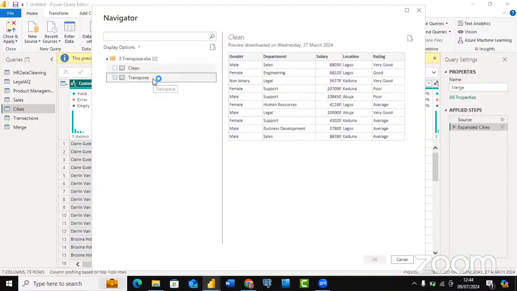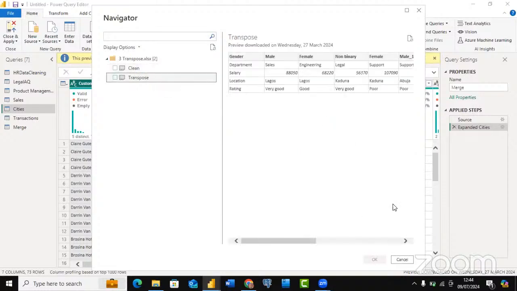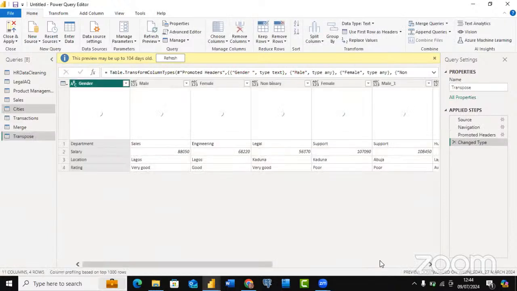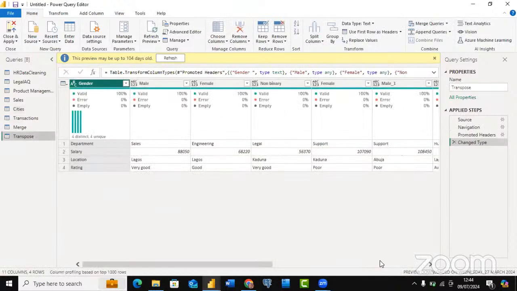So I'm just going to go ahead and click on transpose. I'm going to check this, and click on OK. Having done that, I've given you a definition of transpose: when we transpose our data, transpose simply means